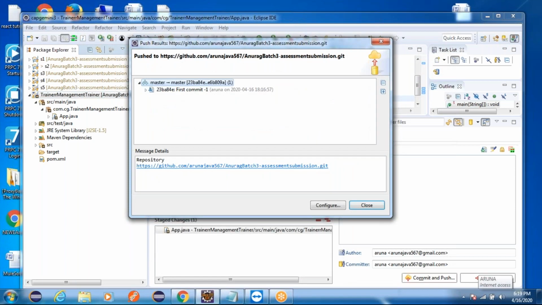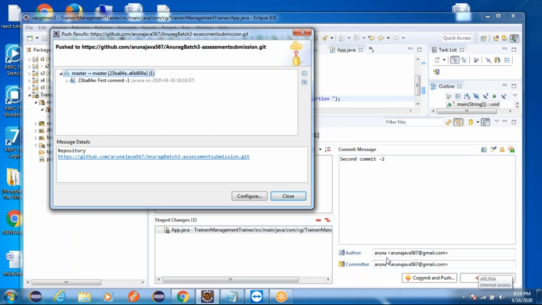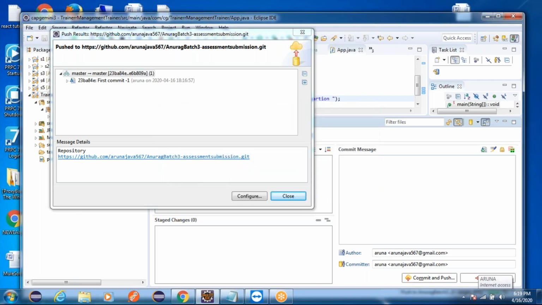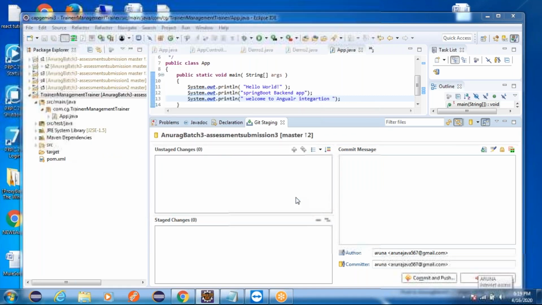Now this is the thing: commit and push. So here you click commit and push. This message has to be the commit. Committing is done. Whenever you say commit, once again it will ask you for the credentials. Enter your ID and password. Then say close.